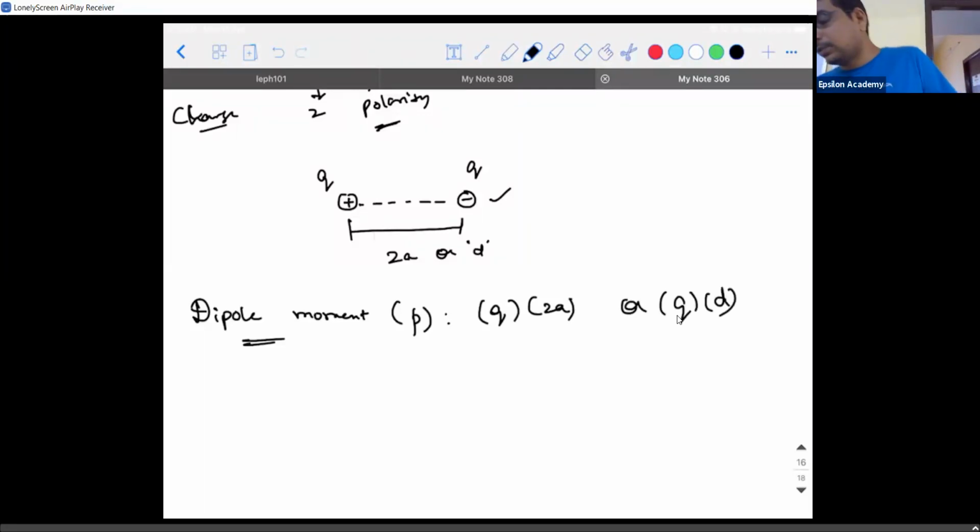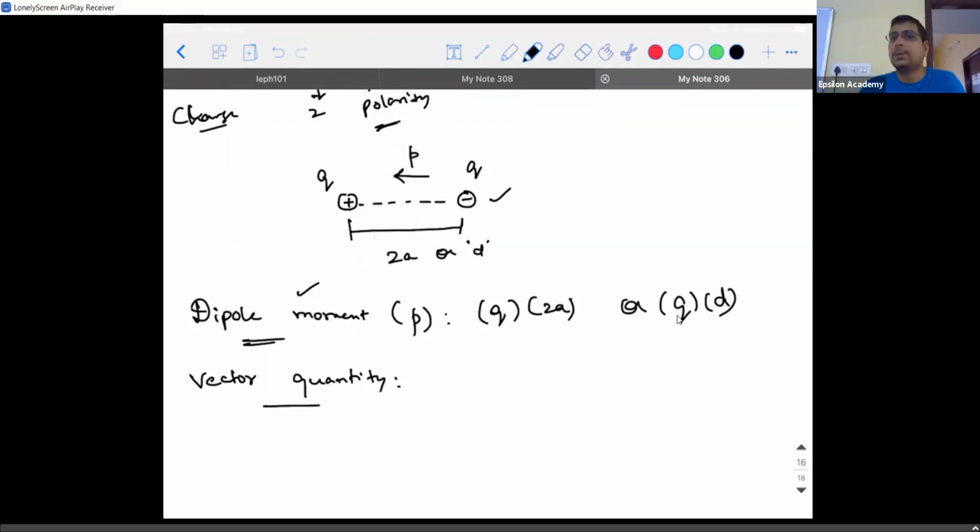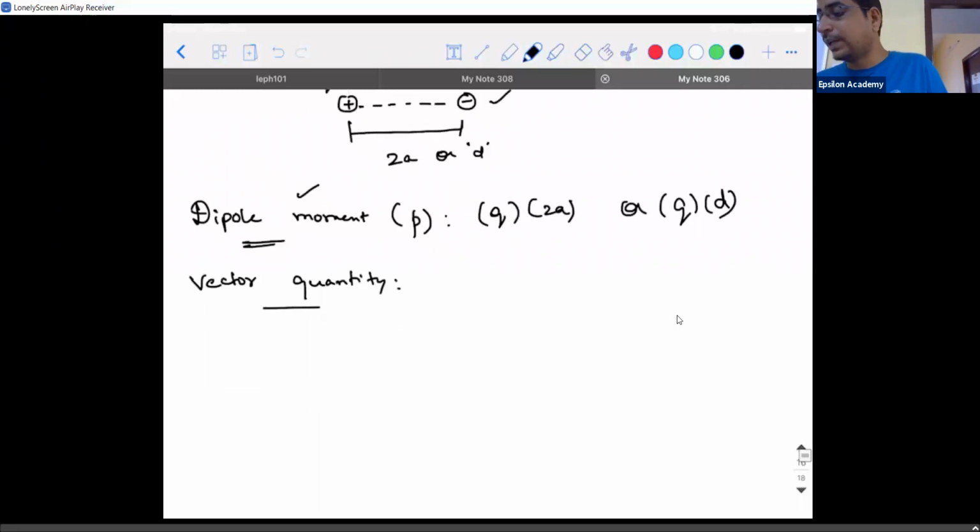The next question. Since we saw the definition, is the dipole moment a scalar or a vector quantity? It is a vector quantity. If it is a vector quantity, what is the direction in which it is going to exist? That is in chemistry. Here it is from negative to positive charge. So the dipole moment always exists from the negative to the positive charge, and this is the vector: p with a cap on top of it, a unit vector. I hope you know this. It's a vector quantity directed from negative to positive charge. This is again an important point, have this in your mind.